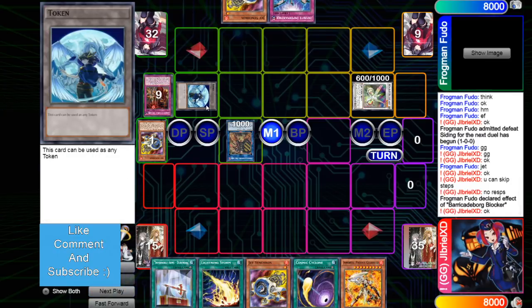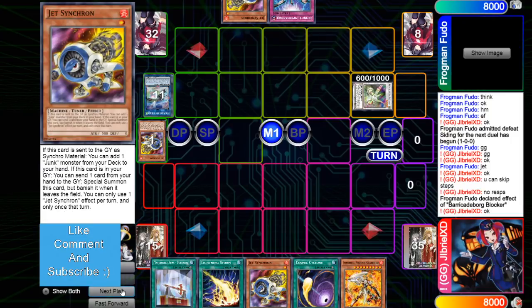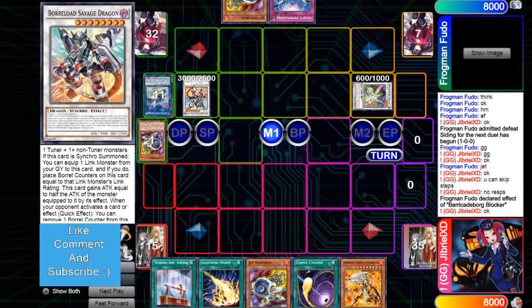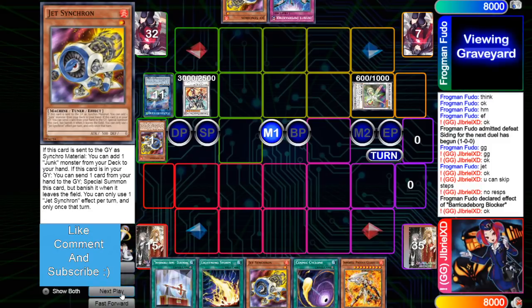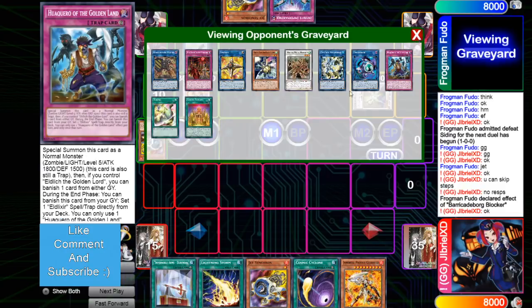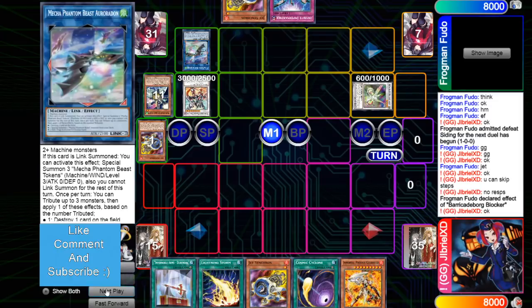This is the end board. This is an O-Lion token. Not the end board, but this is where we're at right now. Goes for the Mech and Phantom Beast, brings out 3 tokens, and uses his effect. Tribute itself and a token to bring out O-Lion. He didn't summon the O-Lion from deck though. Alright, there we go. And then make Savage, equip the Mech and Phantom Beast,